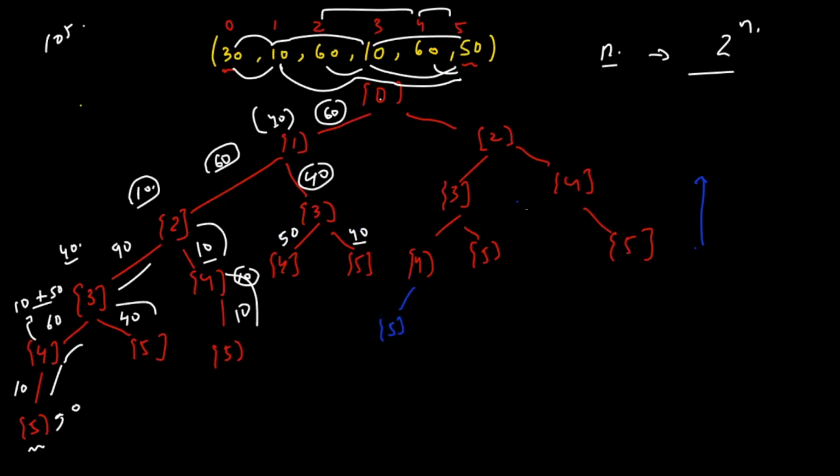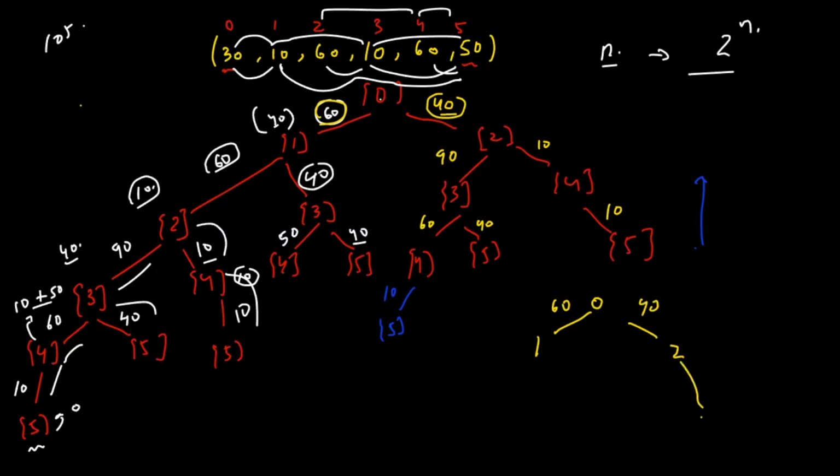You can compute this in a similar way and you'll find something like this. When you've computed the right subtree, you can see the right subtree gives you 40 and the left subtree gives you 60. So which is the better direction to proceed? You have two ways of proceeding from 0. Either you move to 1 or you move to 2. From 0 to 1, the total cost taken will be 60. And from 0 to 2, the total cost taken will be 40.